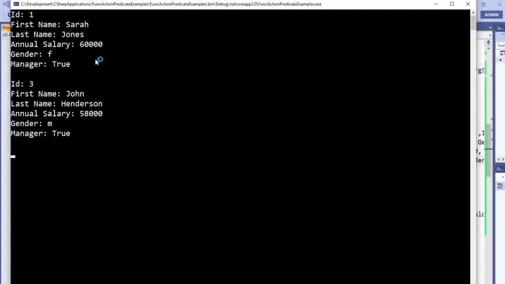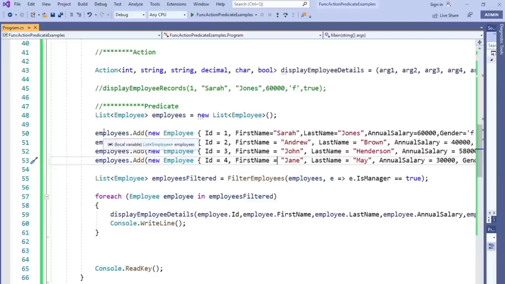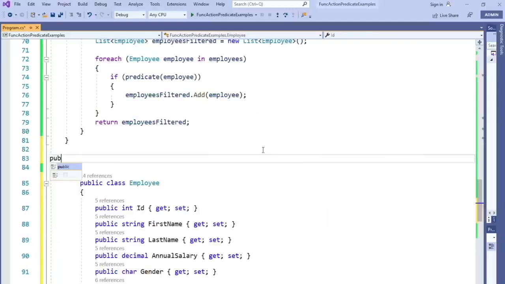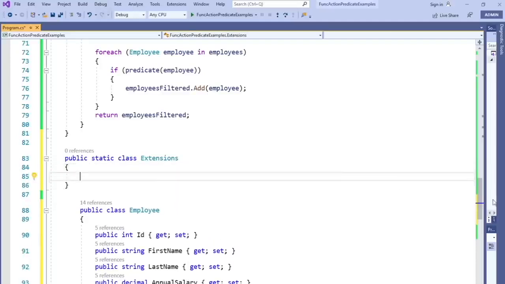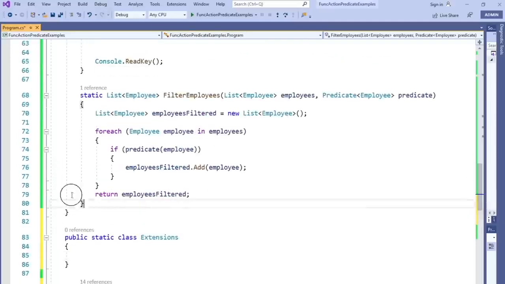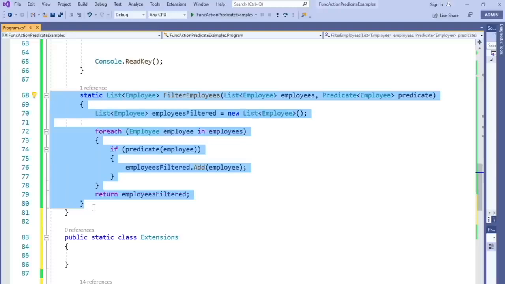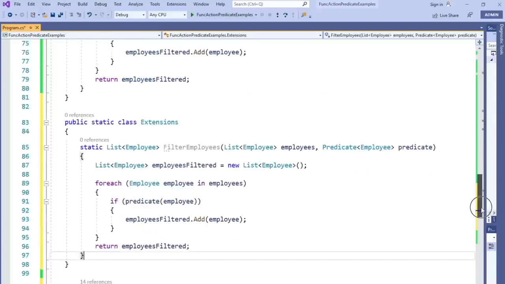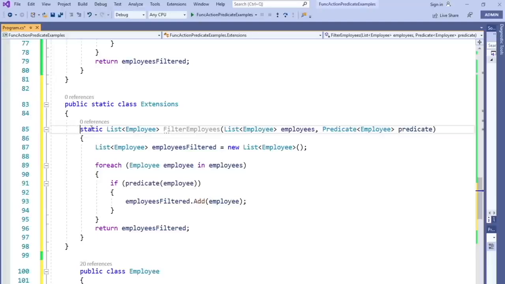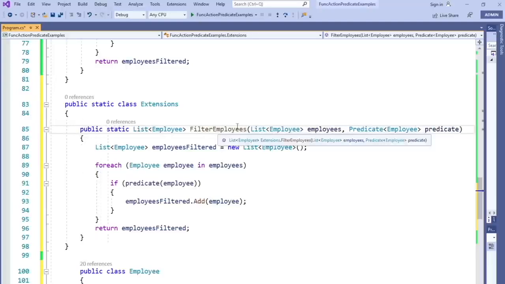Great! So we can abstract this code even further through the use of an extension method. So let's create a public static class named extensions. Let's copy the filter employees method to our extensions static class. Let's make the filter employees method public, and it must also be static. Then to finish making this method an extension method, all we need to do is add the this keyword before